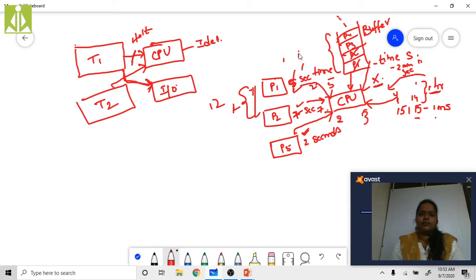Fine. So this is how it works. Here 3 seconds are left, and for the second process also 2 minutes are completed, and 5 minutes of time are left. For P5 it is completed, and again time will be given to P1, and P1 will be left with 1 millisecond, and P2 will be left with 3 milliseconds.